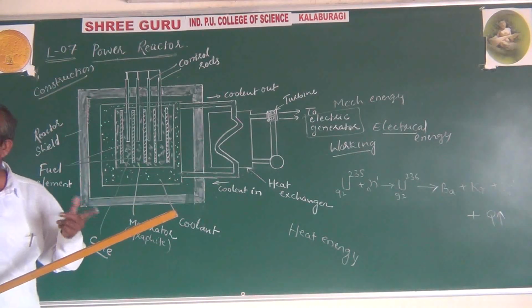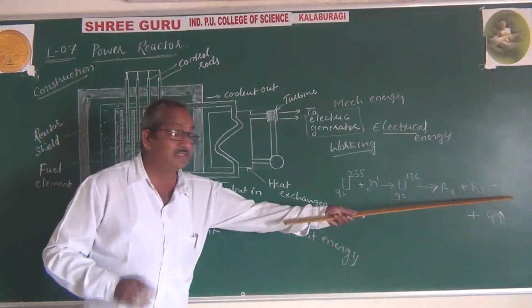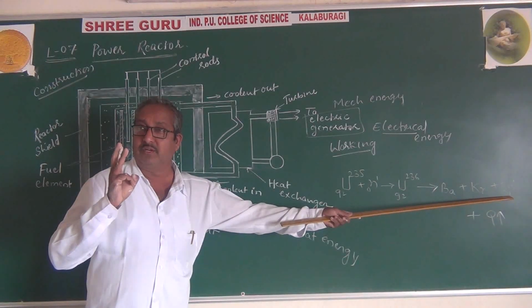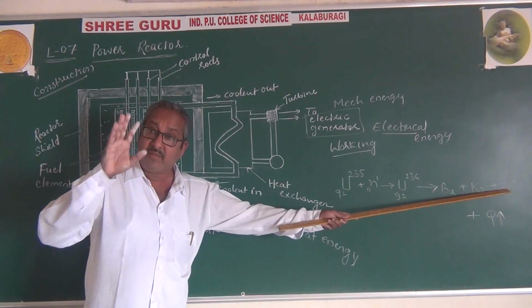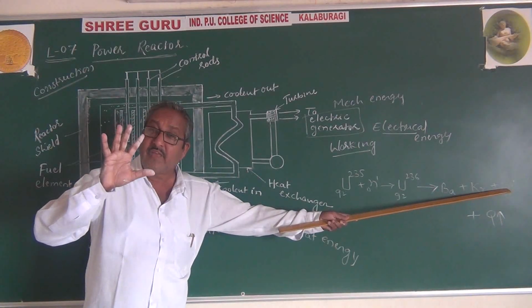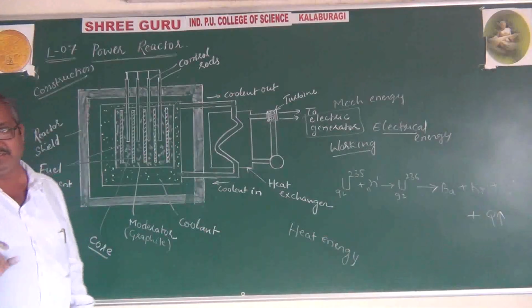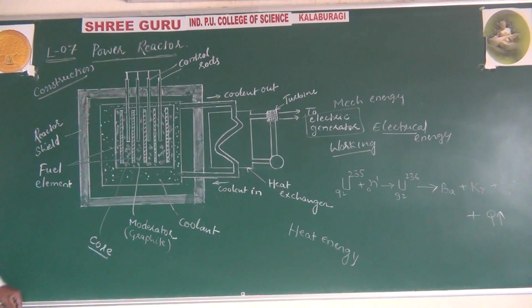That is what we call a chain reaction, in which the number of neutrons released is maintained constant. Actually every reaction releases 3 neutrons, and these 3 neutrons cause 3 reactions. In each reaction there are 3 neutrons, meaning 9 neutrons would be released, but we maintain it constant. If the first reaction has 3, then the next reaction also maintains 3. Like that the continuous reaction takes place, which we call a sustained controlled chain reaction.